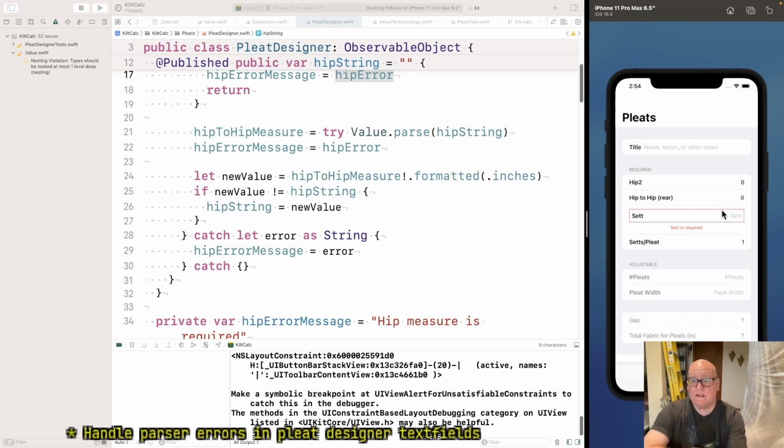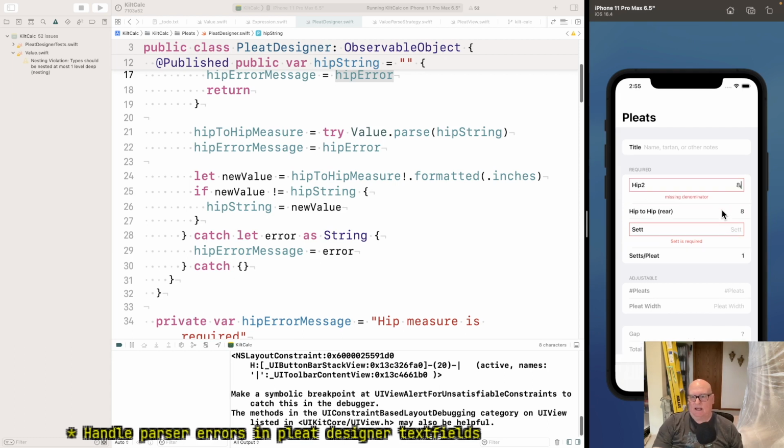I really don't want to know anything about the format to do this decision making. If it's 8 point, the point gets in hip to hip string, it says, oh, I see you. Let me format that. It comes back 8. And it says, that's not the same as what I had. I had 8 point. The problem is, I think we accept it.